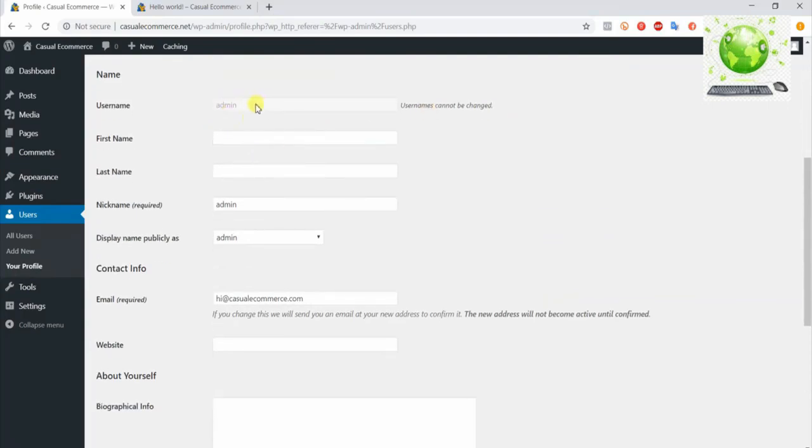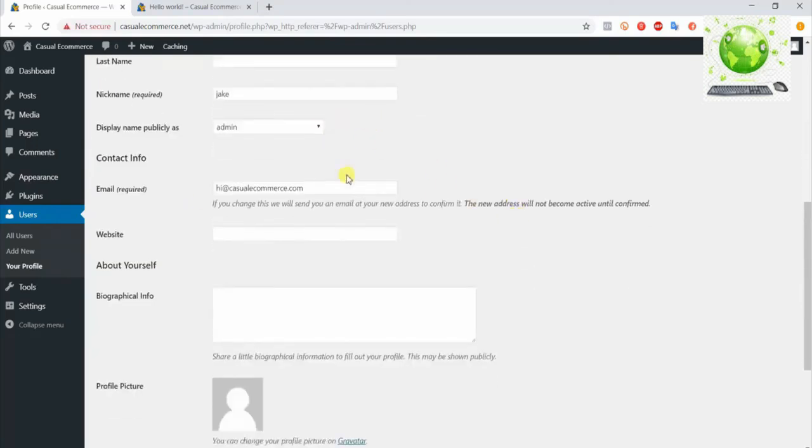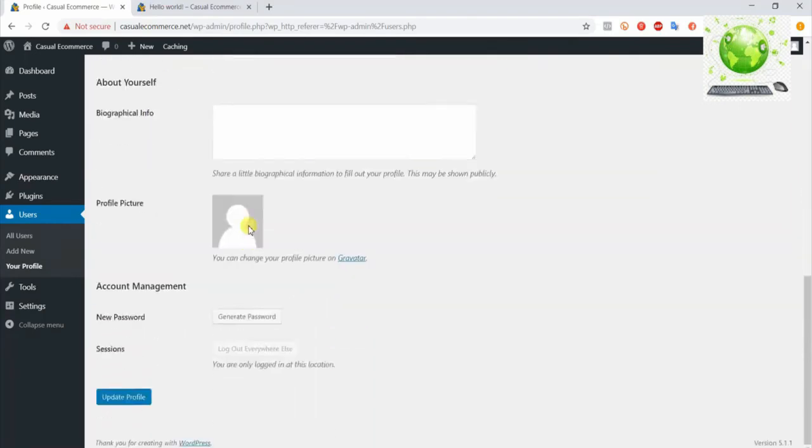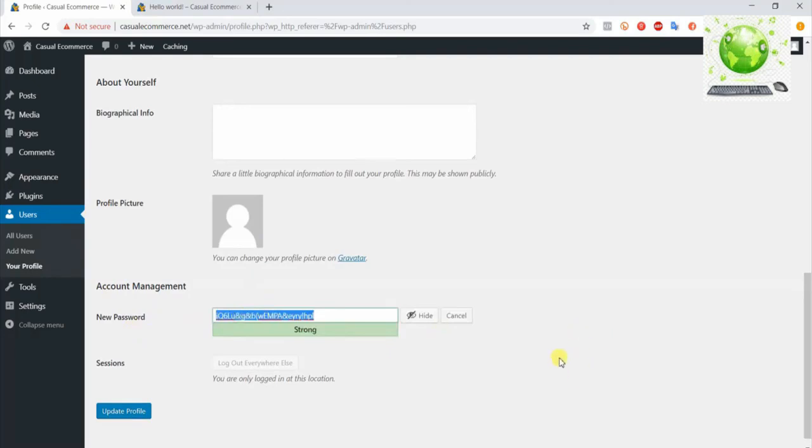Whatever you made your username, you have to stick to that. You can change your nickname here, so if you want to make it your name, that's fine. What we're going to change is our password. We can go under Account Management and hit Generate Password, because before we had that very long and random password that was auto-generated for us when we